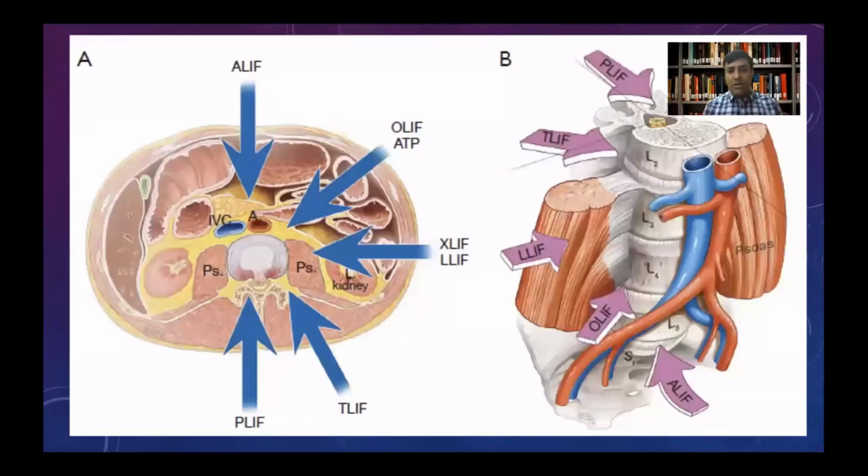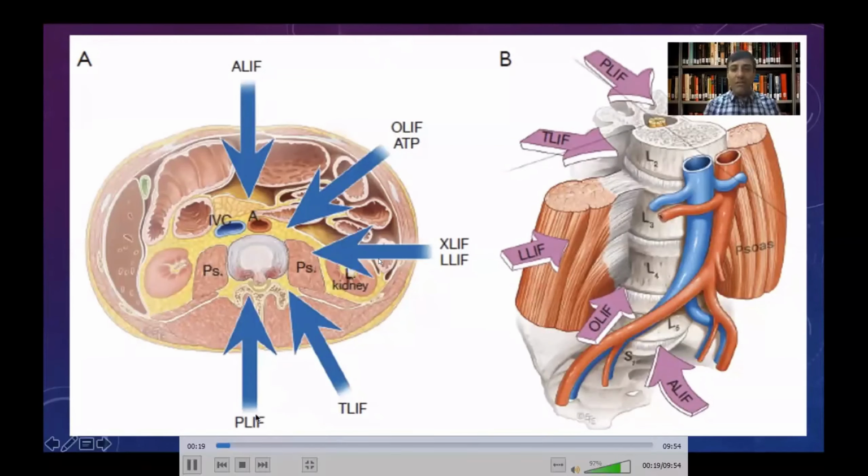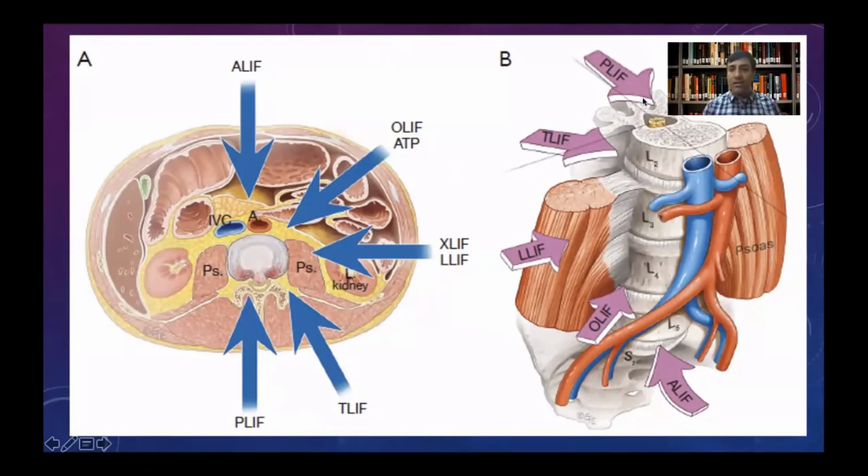Now, before I talk about the anatomical considerations of OLIF proper, just a few words about the various approaches that we have for interbody fusion. If you go dead posteriorly, we have the PLIF, as you can see here and in the coronal section. This is one of the techniques with which we, as spine surgeons, are much more well conversant. If you go slightly more laterally, or posteriorly, we have the TLIF. If you go anteriorly, we have the ALIF approach, that is the anterior lumbar interbody fusion, as you can see here, and this is one of the best suited approaches for the L5S1 level.